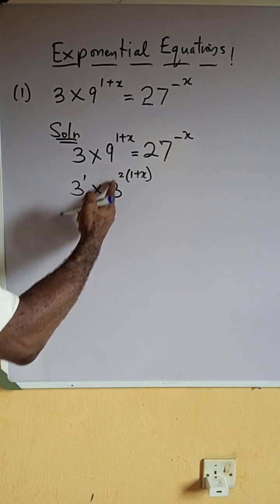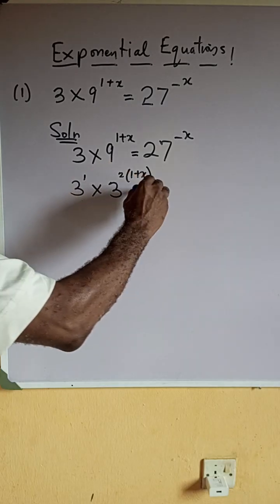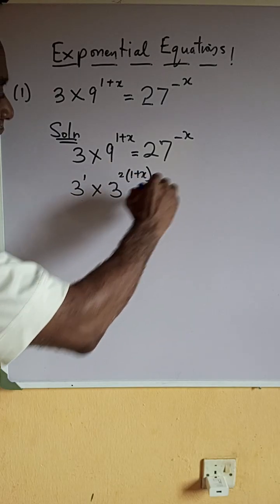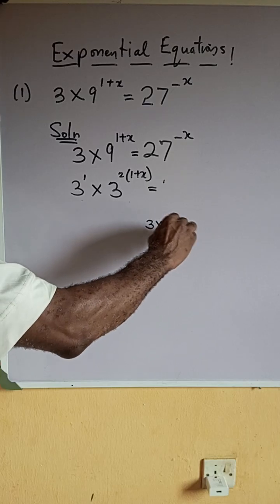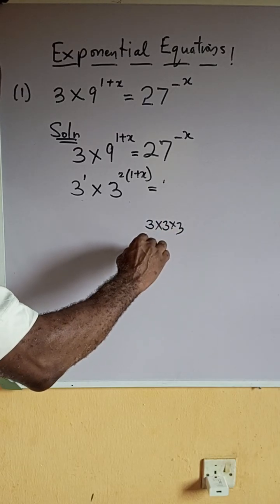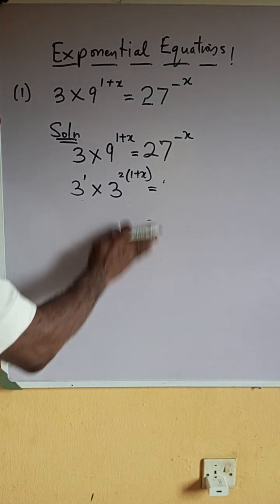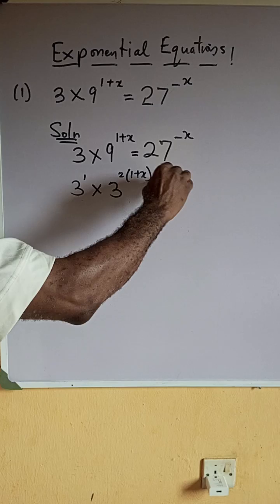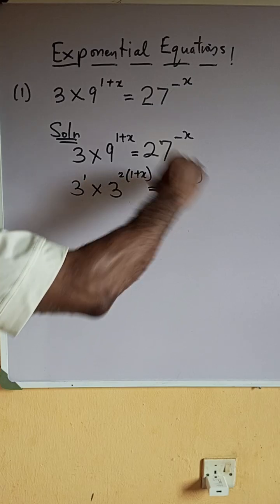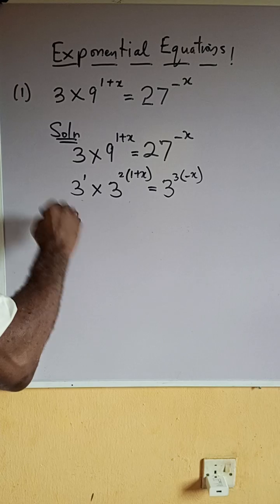If you multiply 3 in two places, you get back 9. 27 can be expressed as 3 times 3 times 3. That will give you 3 raised to the power 3. Okay, so if I replace 27 with 3 raised to the power 3 into minus x,